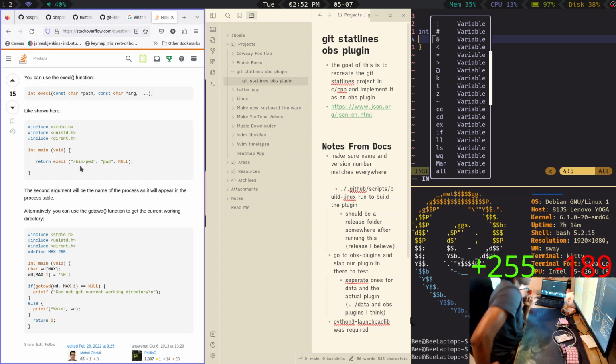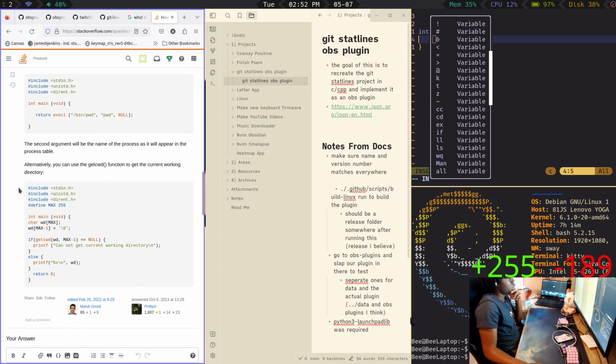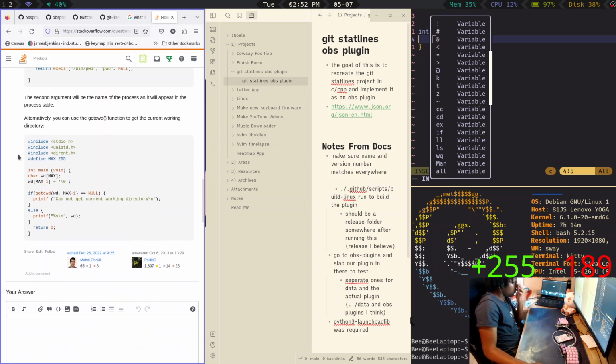Name the process as it would appear in the alternatively get the current working directory.